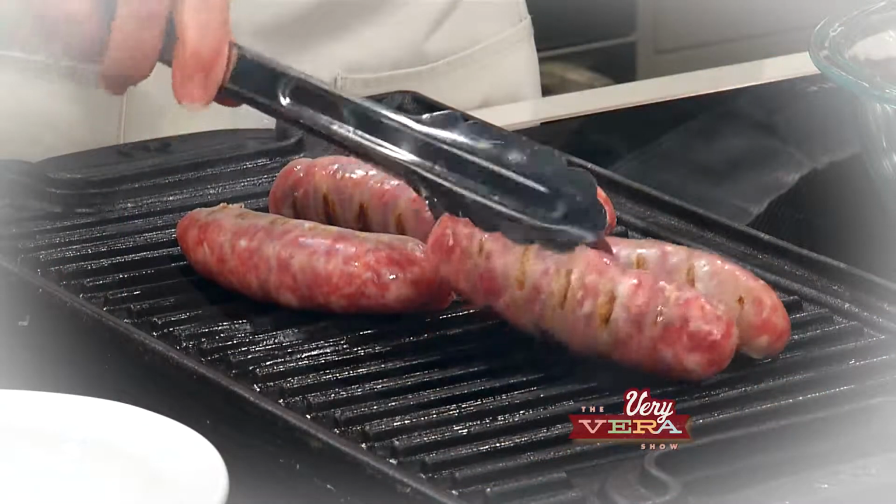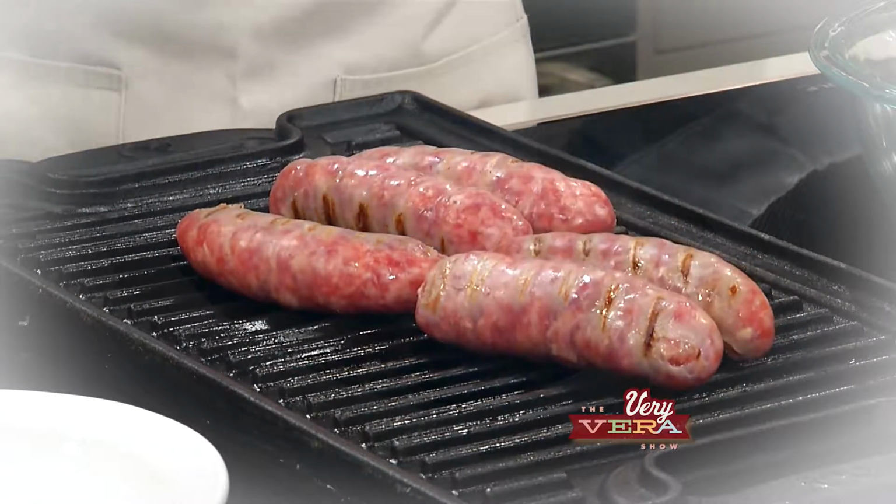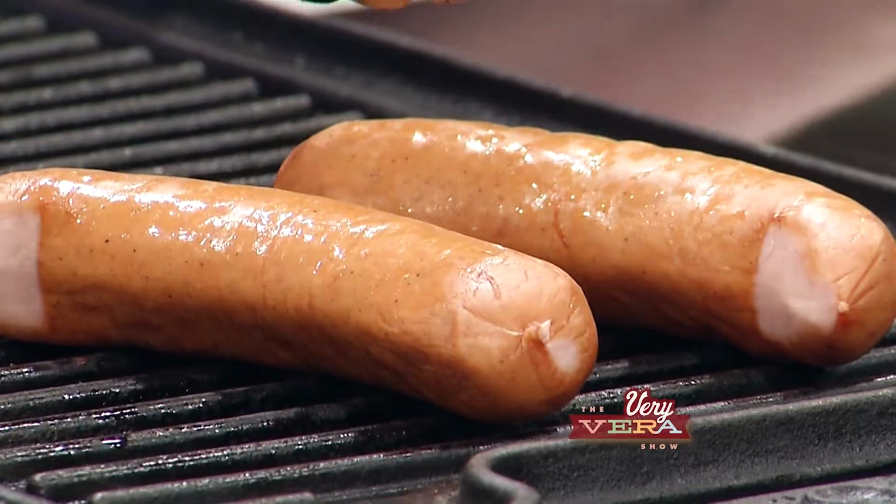So I've gotten started and basically finished on a bratwurst that we've grilled on top of my induction cooktop with an emerald cast iron griddle, which is fantastic. But if you don't want to go to this much trouble to do that, the Fresh Market always has their smoked bratwurst, which we're just going to get some grill marks on, so I'll let you continue with that. But that makes the process go a little bit faster. You don't have to cook these all the way, Ann, because I'm going to be putting those in the crock pot. So while I'm getting started with that, I'd love for you to tell me what you think, which beer